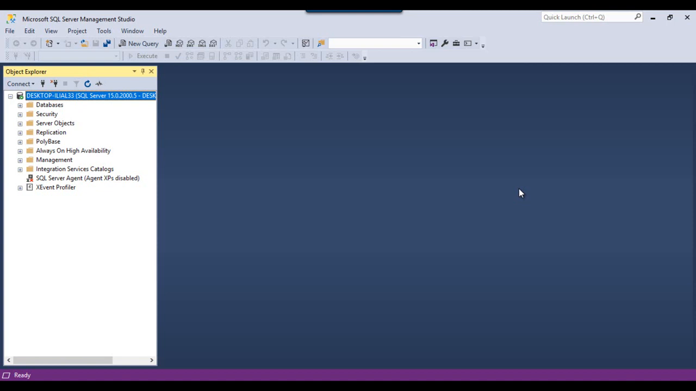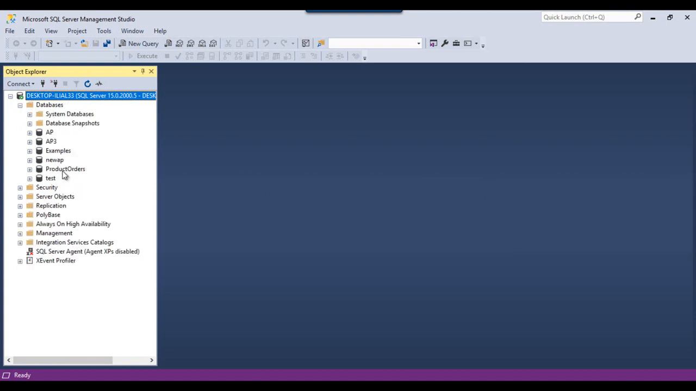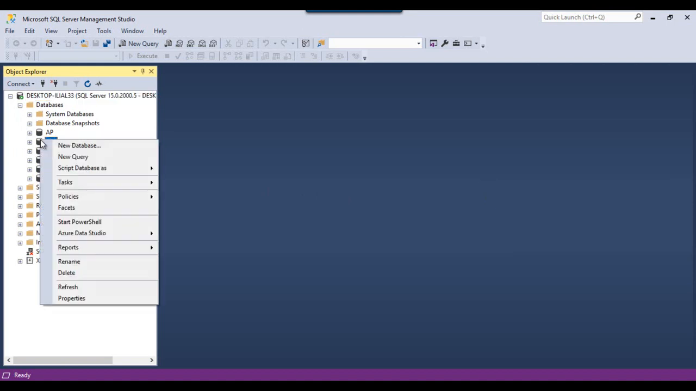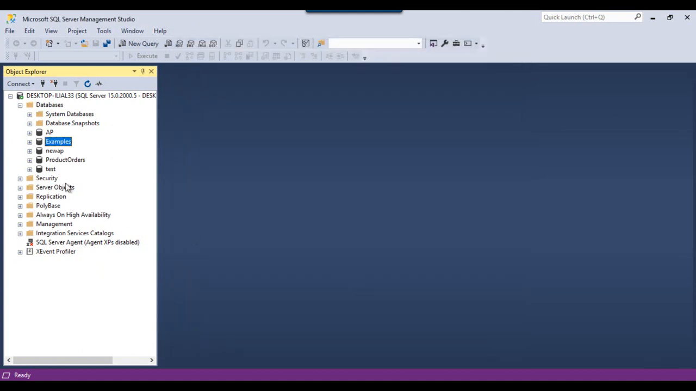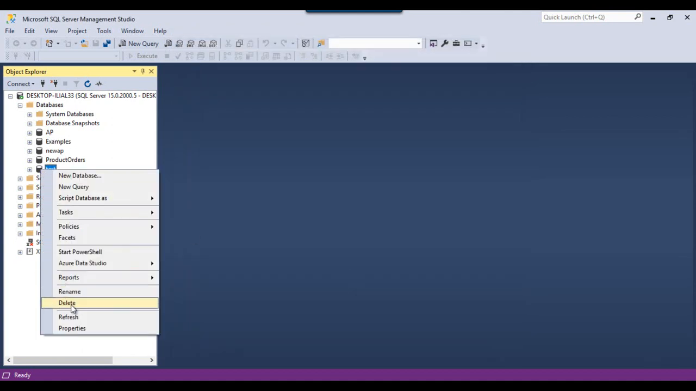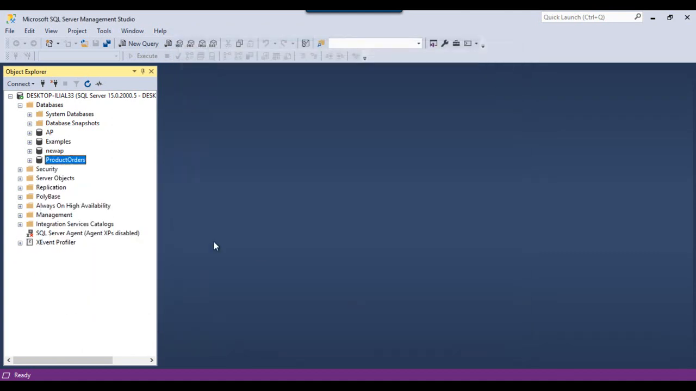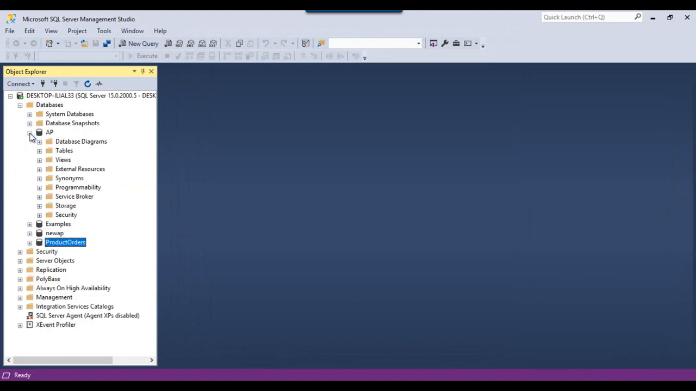Now I have opened our SQL Server Management Studio, and we will see the databases that are available. The databases are AP1, AP, AP3, examples, new AP, products and test. Let me delete this table AP3. I'm dropping the table, and test also I'm deleting. The primary table that we are going to work with is accounts payable. Rather than